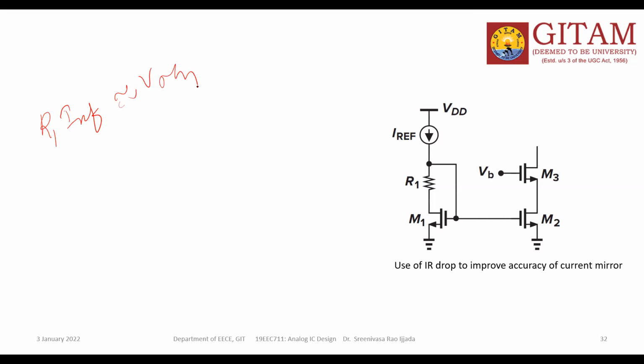So we accepted the circuit with this only, because in the earlier circuit VDS1 is impossible to be less than the VDH1, but here we match both, so that we accept the circuit. But when it comes to the practical, whenever you consider the PVT variations, this is somewhat difficult.